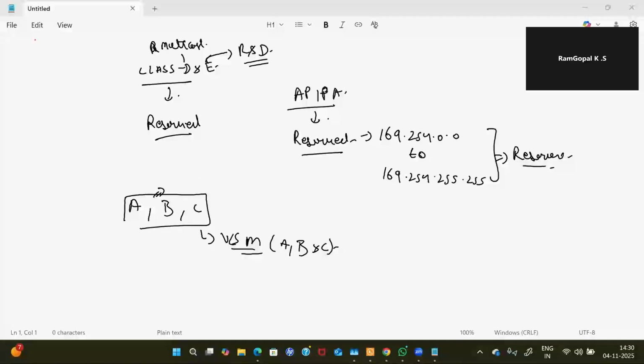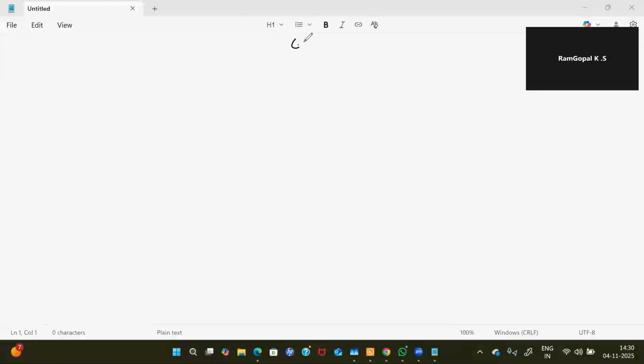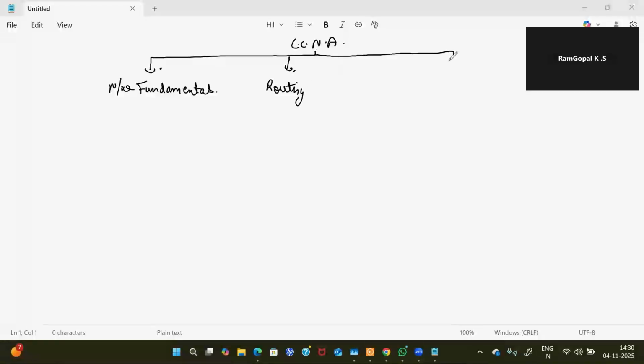Okay, let's go. I told you there were four modules which we were discussing. The first one is network fundamentals, which I just told you. Another is routing, which we also discussed. And the third module is switching. Again, mentioning one more thing: this module is both theory